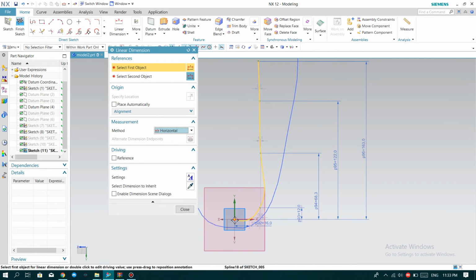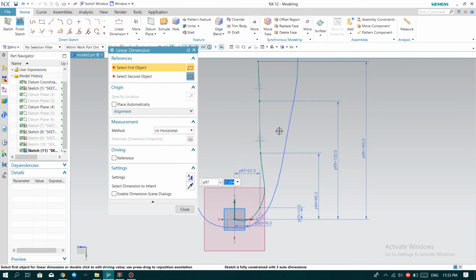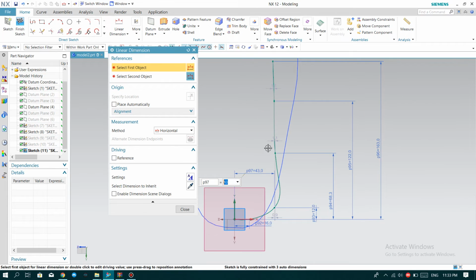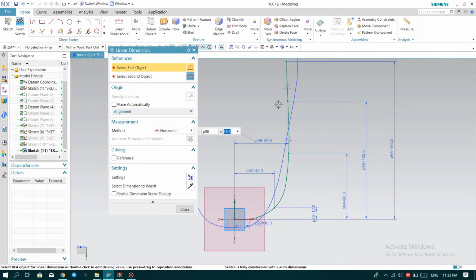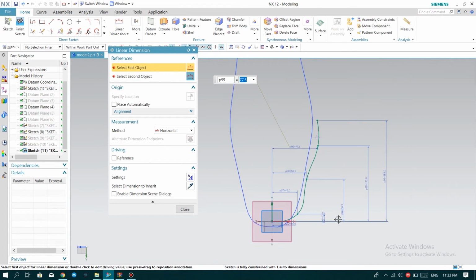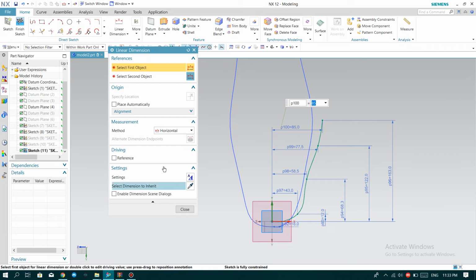Set the horizontal. This and this point is 43, and this point is 58.5, and this point is 77.5, and this point is 85. Okay,